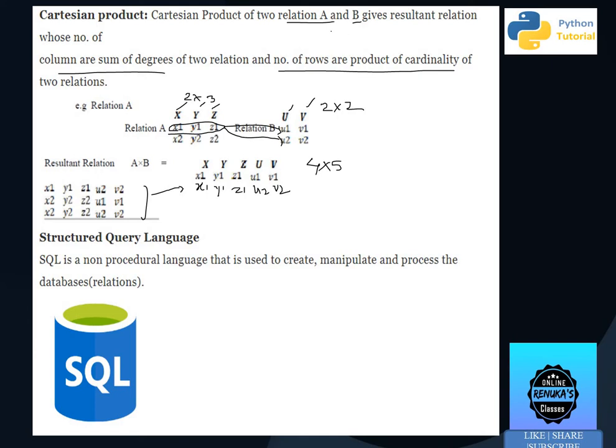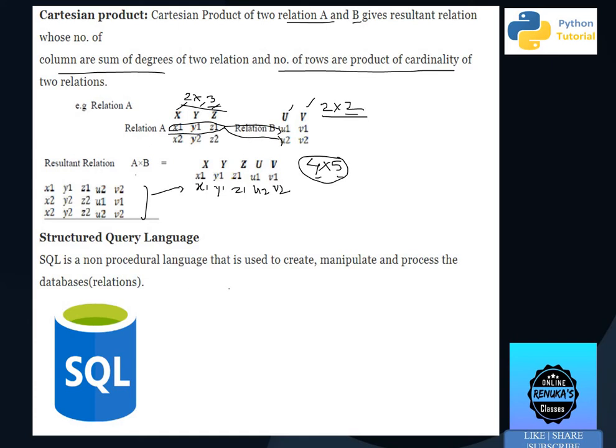cardinality and degree of the resultant relation. तो आपके पास टेबल ए का कार्डिनलिटी डिग्री गिवन है, बी का गिवन है, एंड यू हैव टू फाइंड द कार्डिनलिटी एंड डिग्री ऑफ कार्टेशियन प्रोडक्ट ऑफ ए एंड बी. तो कार्डिनलिटी और डिग्री कैसे फाइंड करेंगे कार्टेशियन प्रोडक्ट में? सो आफ्टर कार्टेशियन प्रोडक्ट कॉलम्स सम ऑफ ए एंड बी, number of columns of A and B, they will be added and rows will be multiplied. So without actually multiplying them, you can find the degree and cardinality of the result.